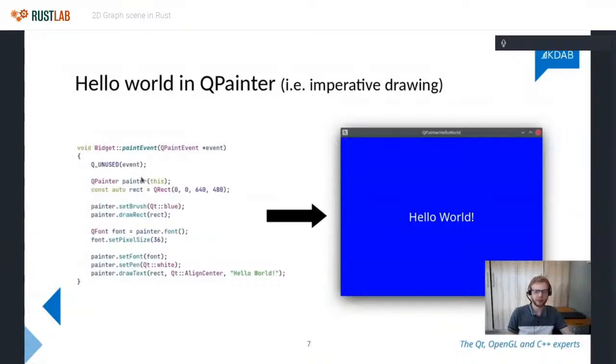Every time Qt widgets decides that it wants to redraw this thing, it just calls this function again and goes through all the imperative steps. Obviously, you can bring in some magic to try and keep track between different drawing calls and find efficient ways to optimize the updates, but it becomes problematic, especially once your drawing calls become more complex than this. This is pretty easy to optimize, but when you start doing crazy stuff, it becomes impossible for the engine to keep up.